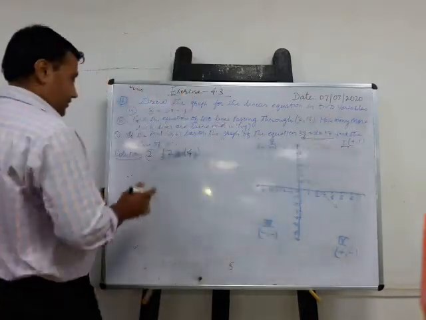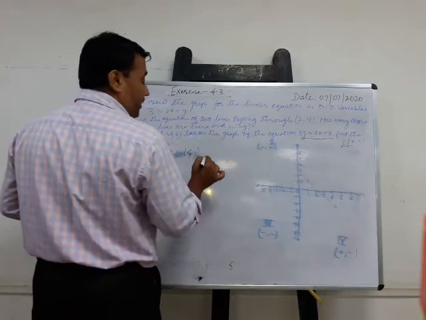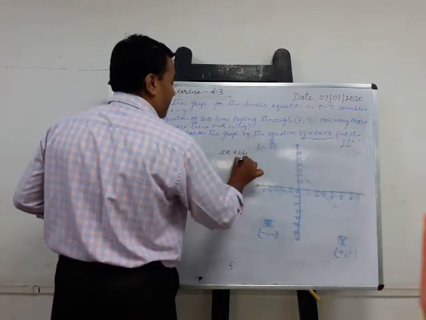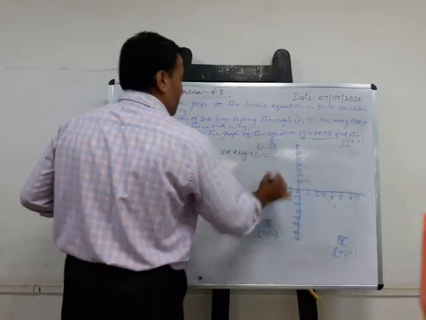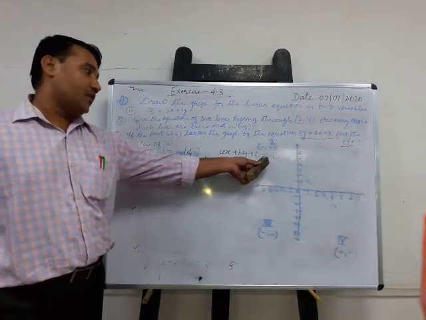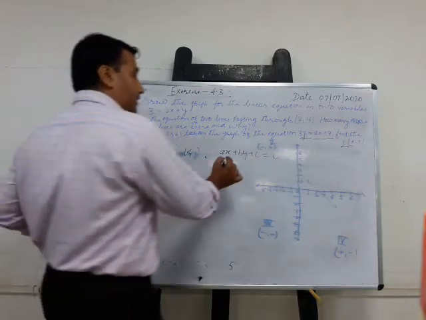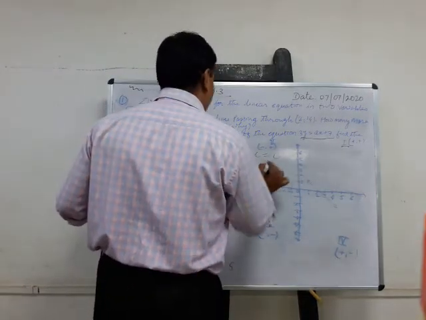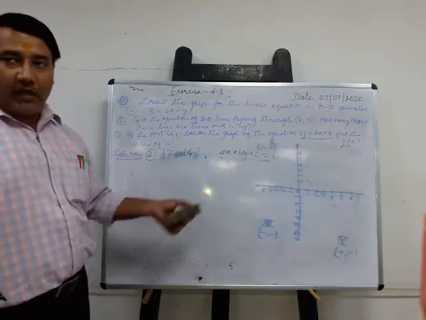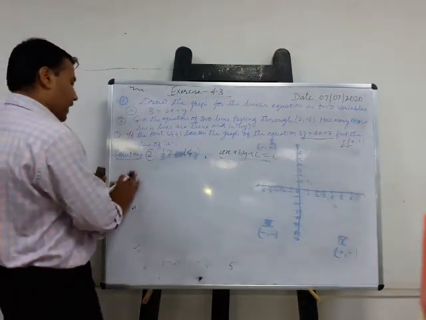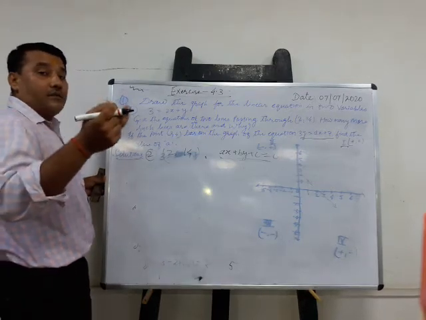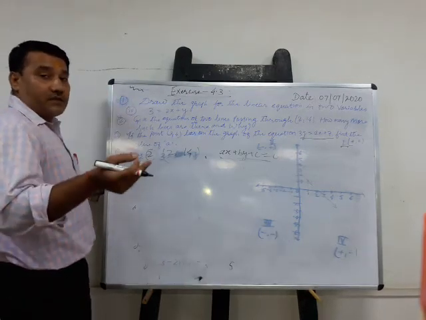Let us write the equation in two variables. What is the standard form of linear equations in two variables? ax plus by plus c equal to 0. In the same format, you have to write two equations using the point (2, 14). There is no hard and fast rule. It is up to you. You can write infinitely many equations in this way.